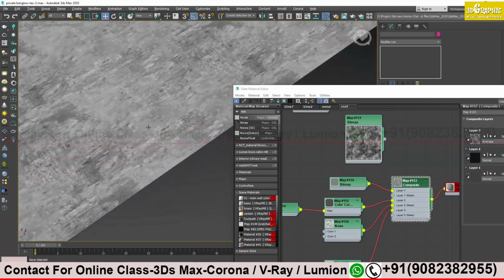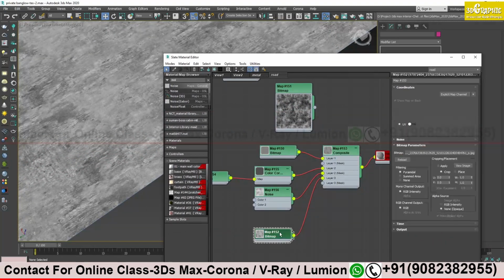Maybe I'll try to scale the pattern. Just double click over here, and there is some styling. You can adjust the tiling from here. See, I'm trying to use the real world scale.